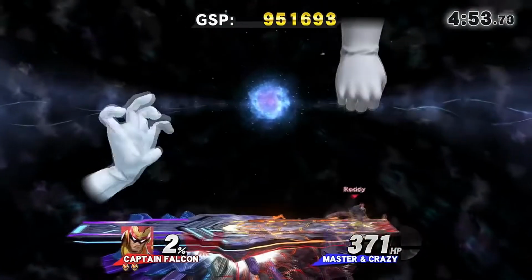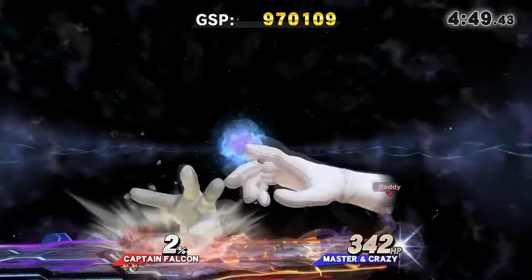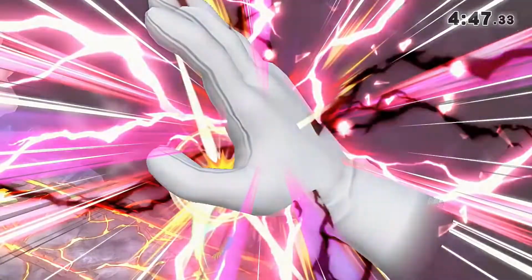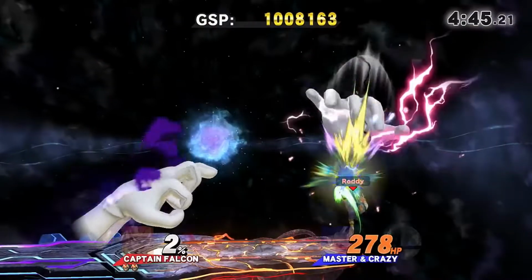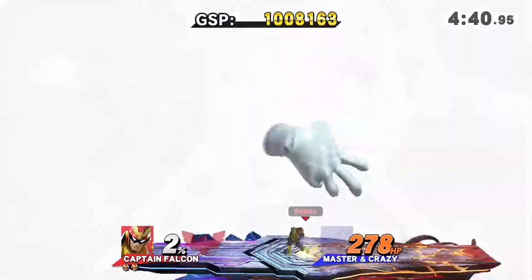As I've said in other videos, I have a gut feeling that we're going to finally be able to control Master Hand in Smash Ultimate. However, does this mean I expect him to be playable? Not so much. As amazing as I think it'd be to have Master Hand be the final unlockable character as